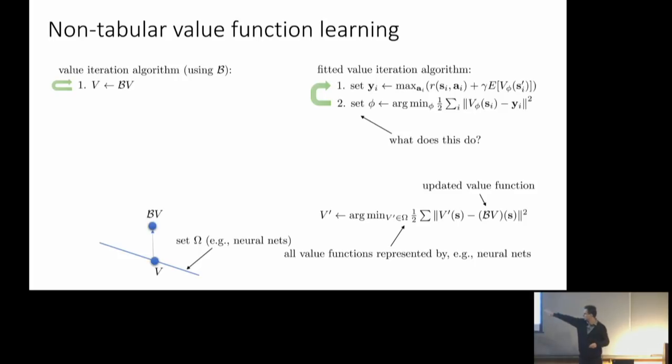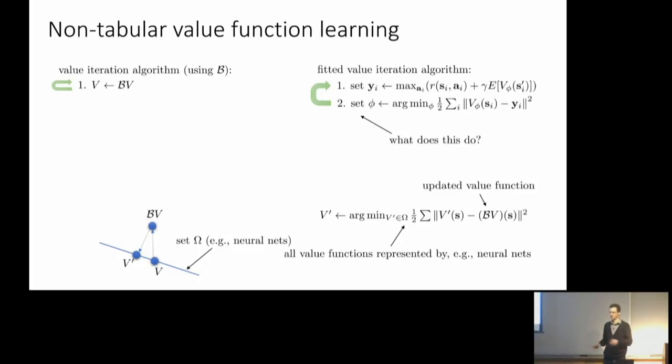Now, the learning step, this argmin over here, is going to bring you back down to the set of functions you can represent. It's going to find some other V prime, which is on this line. It can be represented by a neural net. And in some sense, hopefully, it's actually close to BV. In what sense is it close to BV? Can anybody tell me what kind of distance to BV is being minimized when you find V prime? Yes, the norm. What kind of norm? The L2 norm. Yeah, because it's the L2 norm right here. This is what you're minimizing. So V prime is the point in omega that is the closest to BV in terms of the L2 norm.